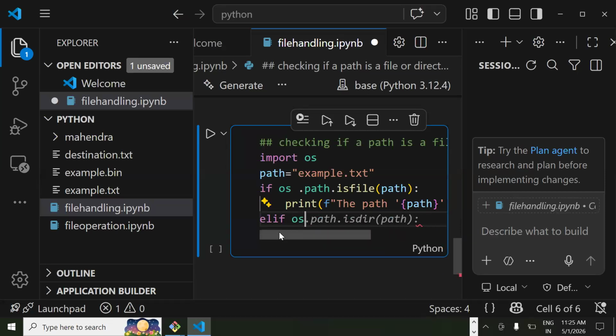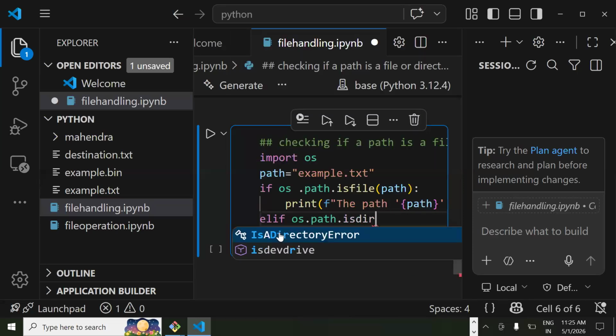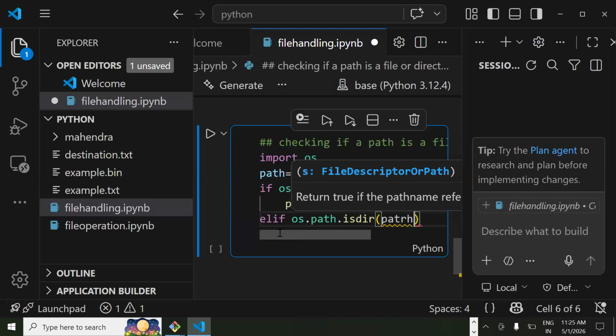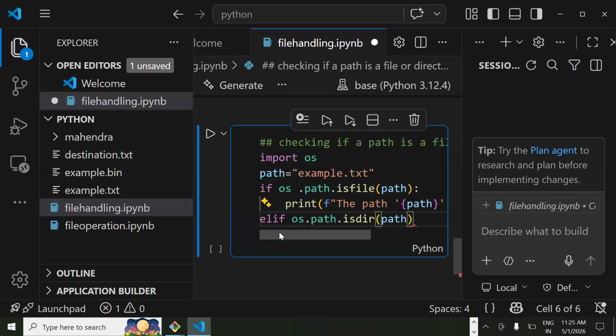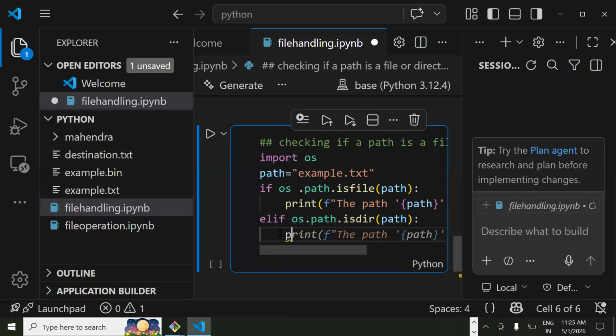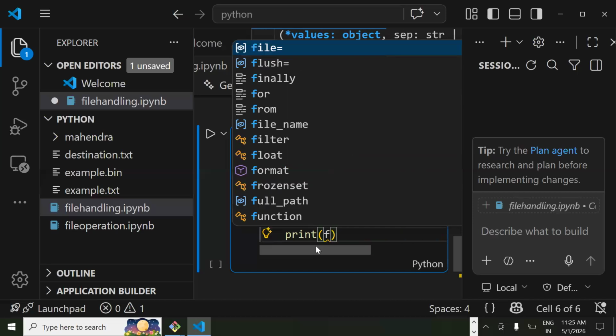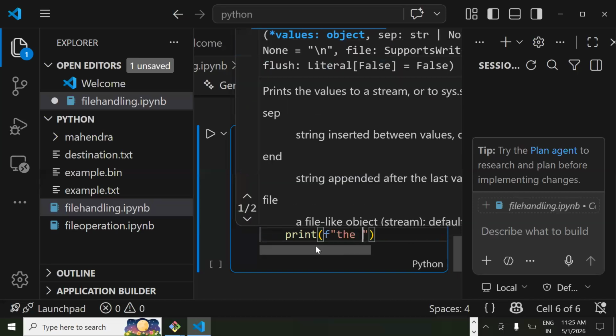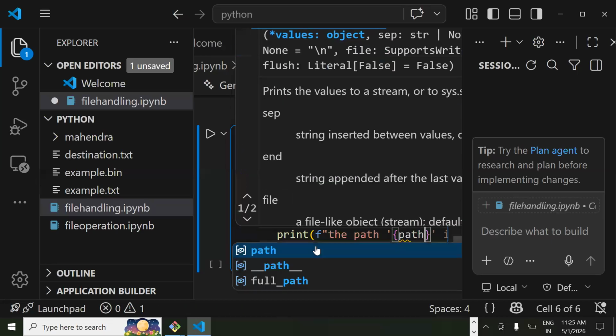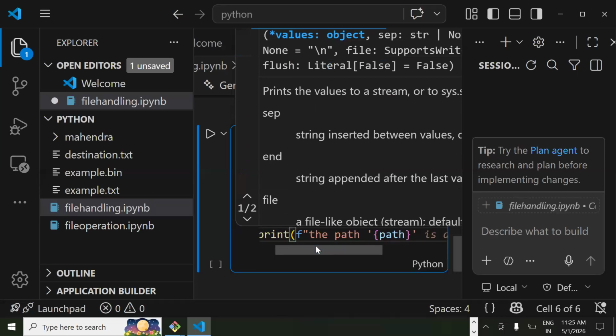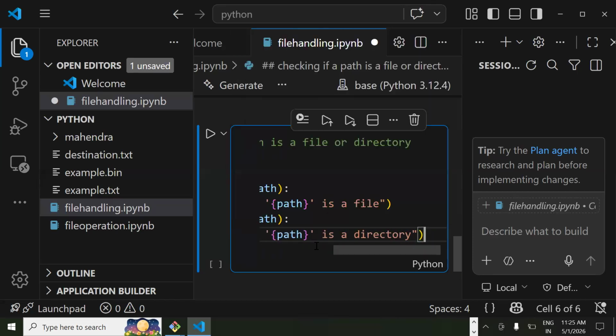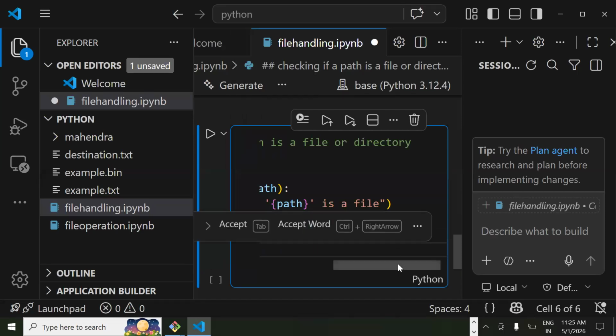elif os.path.isdir(path): print f "the path {path} is a directory." Okay. So next one,